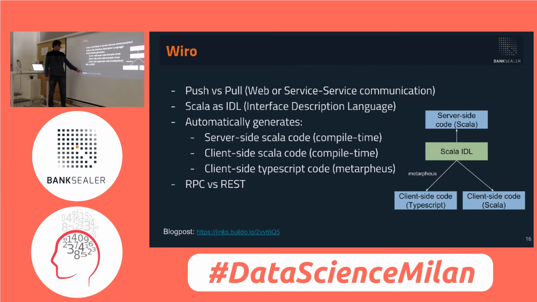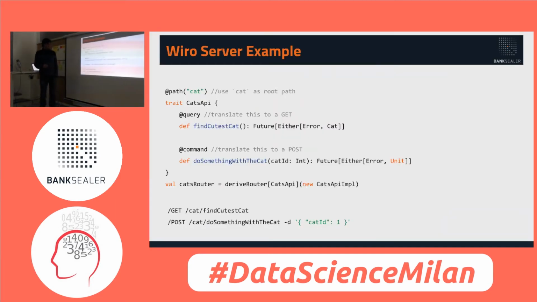We actually wrote a blog post about this, so if you want to have a look later, we can send you the link. Here we have an example. How many of you know about Scala or have ever used Scala? Okay, so maybe you will better understand this. A trait is like an interface in Java. So we just have this representation. We flag two methods with annotations, and we automatically derive the routes, a query route, so a GET, and a command route, so a POST, and we automatically generate this thing,